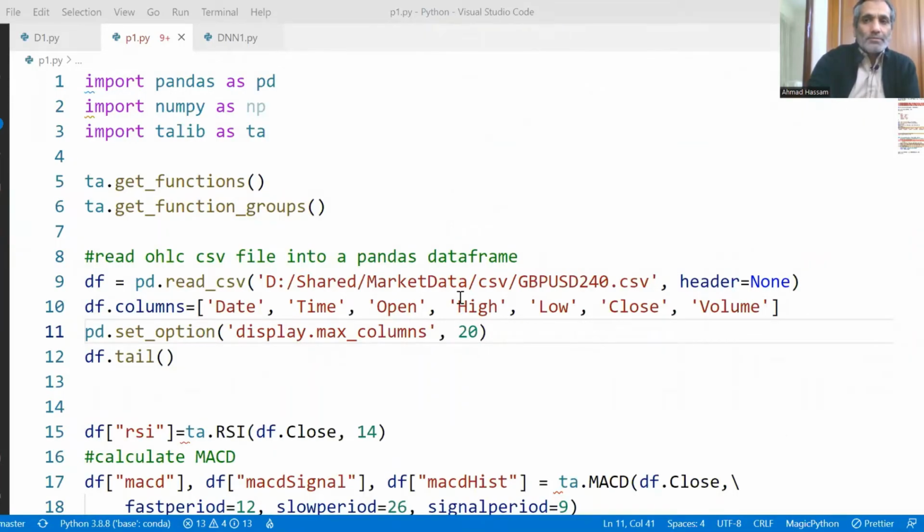In the last video, I showed you how to download price data comprising many years from MT4. If you haven't seen that video on learning Pandas, you should first watch it, because this video builds on that video. TA-Lib uses Pandas a lot. So if you haven't seen that video, first watch it, then you can watch this video also. Let's start the terminal.